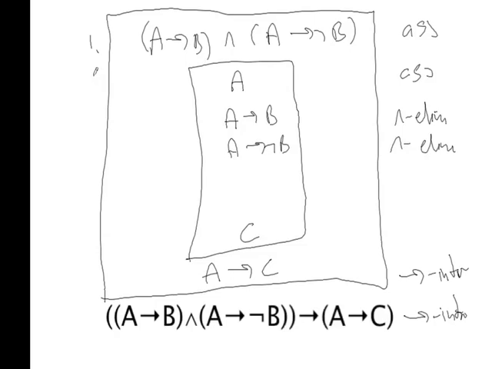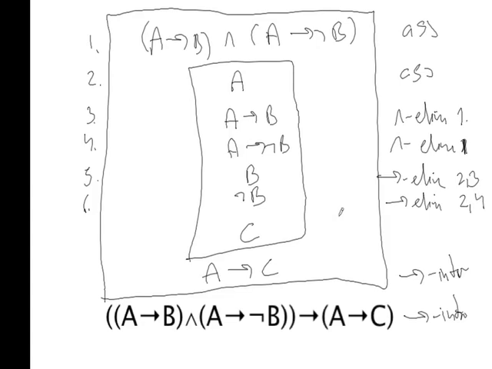I can already put this. Some of the lines are clear. This one would be line 1, this would be line 2. We cannot change that. So this is AND elimination from line 1, AND elimination from line 1. Now let's call this 3, this 4. Now we have A, and we have A implies B. So that's kind of clear that from these two we can get B. This is an implication elimination, line 2 and line 3. But we can also get not B, simply by using line 2 and line 4, because we have A and we have A implies not B, so that is from implication elimination, line 2 and line 4.